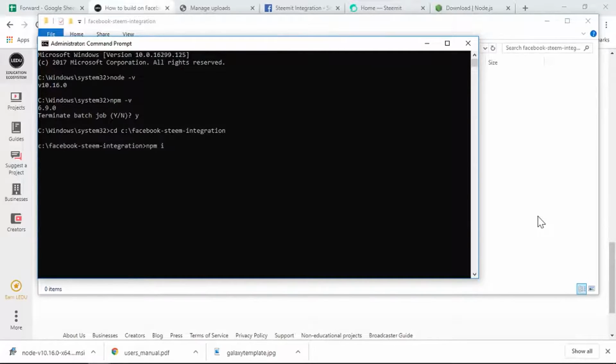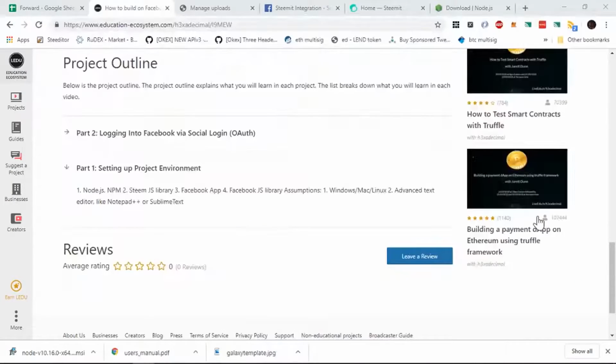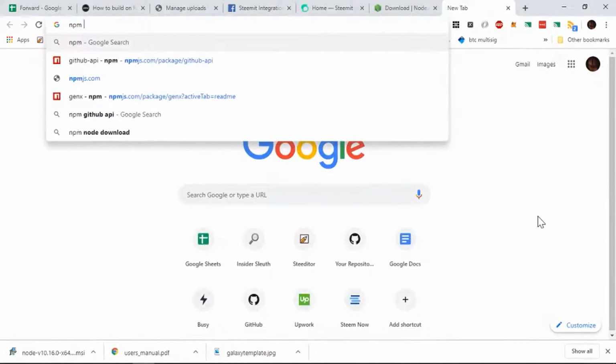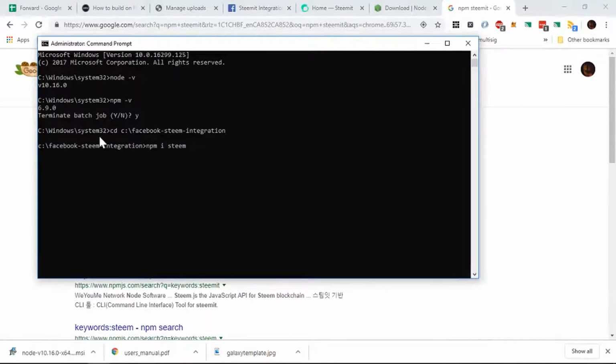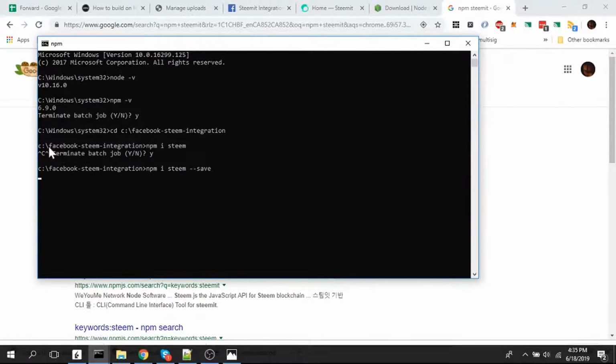We're going to go npm i steem. I think it's steem. I don't know if it's steem. Let's find out. Node. Let's just do npm steem. It is steem, I think. Looks that way. So npm i steem. Actually, I want to do --save. That's going to put it in the project package.json file for me, which is going to be helpful when I